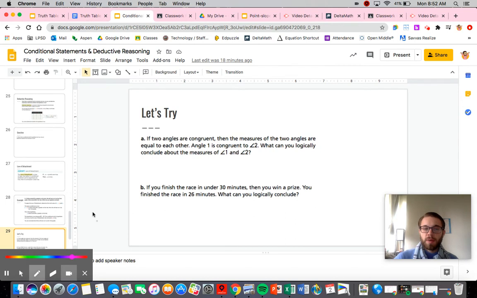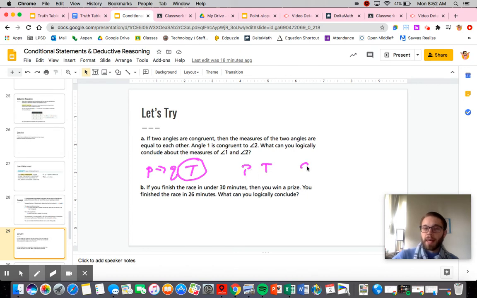So essentially what we're saying here is we have P implies Q, that is true. If we have two congruent angles, then their measure is equal. And we are being told that angle 1 is congruent to angle 2. So therefore, we have a true premise, right? So my P is true. Therefore, I can conclude that my Q is also true. So that essentially would mean that the measure of angle 1 is equal to the measure of angle 2 by the law of detachment,